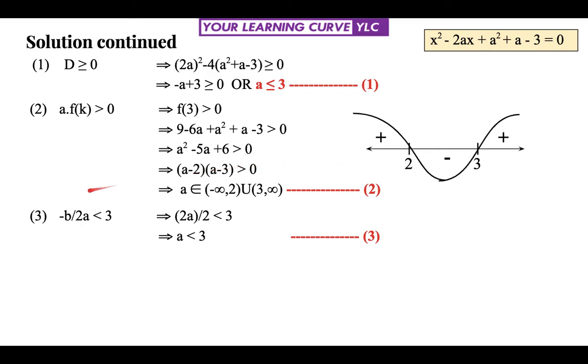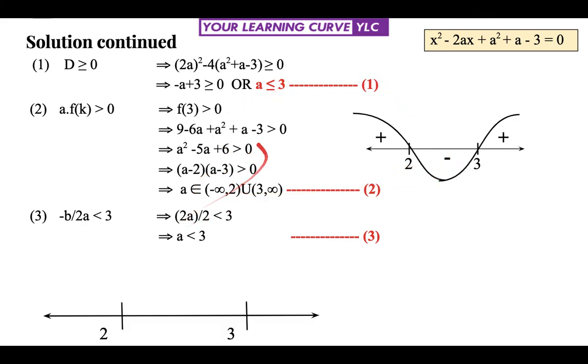Let's go for the third inequality. Minus b by 2a is less than 3, which implies that minus b, that is 2a, divided by 2a, 2 times 1, the 2 gets cancelled, a is less than 3. This is the third inequality. Now let's take out the intersection, because all three inequalities need to be satisfied simultaneously to ensure that 3 is greater than both the roots of the quadratic equation. So first we plot the numbers where these inequalities are changing. So we observe that this number is changing its sign at 3, this number is changing at 2 and 3, and this number is again at 3.